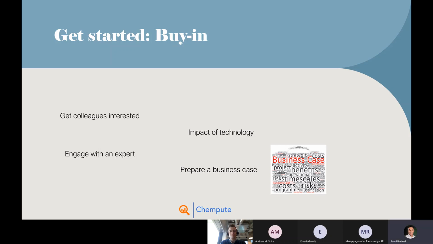And engage with an expert, again, from the point of view of generating information and understanding of what the technology can do for your particular industry. And in the end, what you want to be able to do is prepare a business case which puts together the benefits of advanced process control, the costs, timescales, risks, and you can then present this business case to your management, which can then be scrutinized,